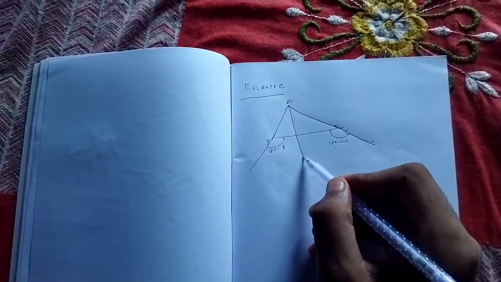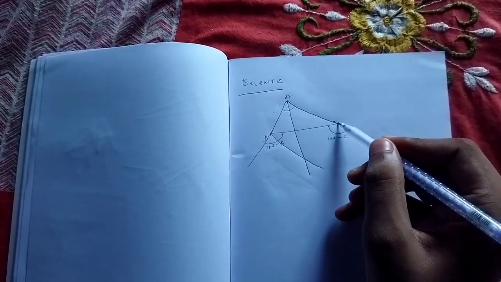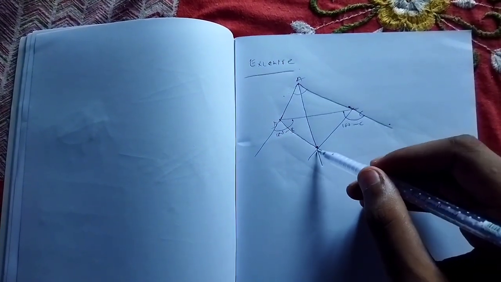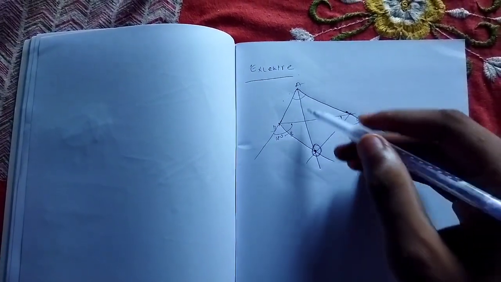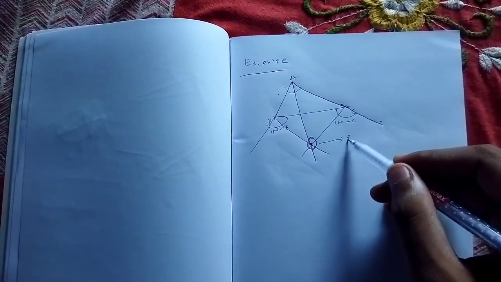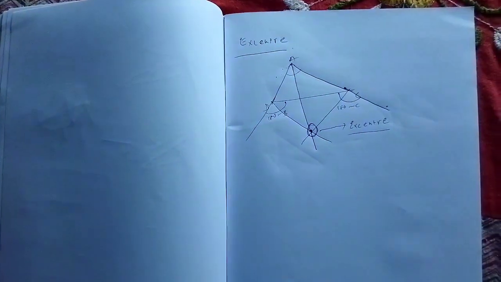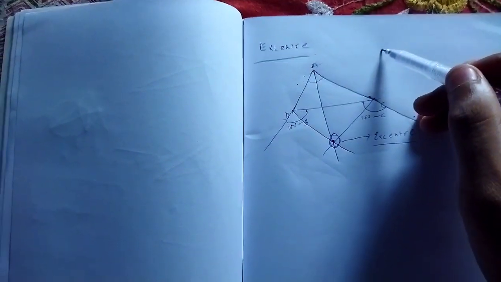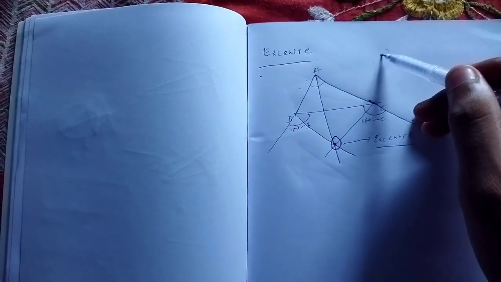The bisector of the interior angle of A and the exterior angle bisectors of the other two angles will be concurrent, and the point of concurrence of one internal bisector and two external bisectors is known as an excenter. This is an excenter. Similarly,